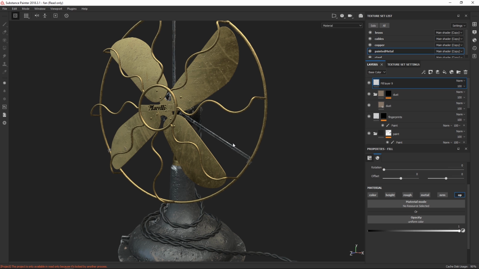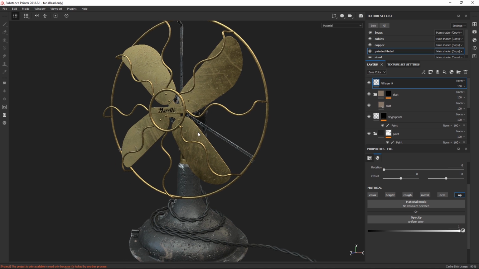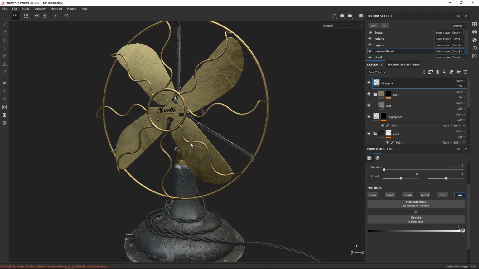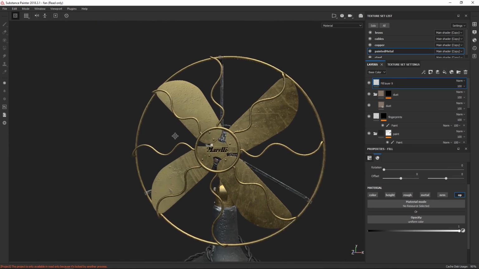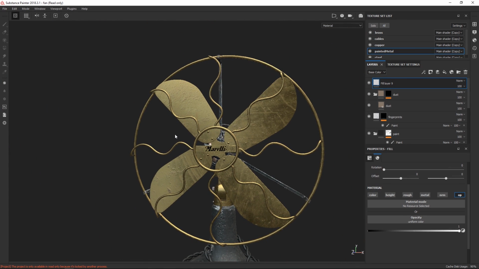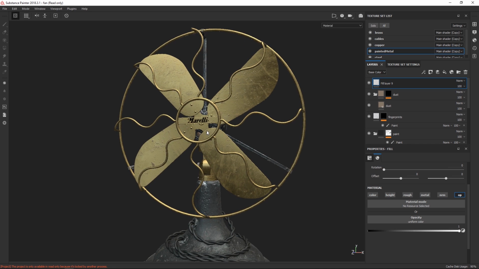Just to sum it up, in general, to create a good looking shader, you only need like a few maps. You need a color map or albedo just to get what color does it have. Then you need a roughness map to determine what does the reflection look like and how intense is it. Then we have some kind of mesh map, some kind of a bump or displacement, vector displacement or normal map to decide, you know, does stuff go in and out? Do you have some decals on it? Then we have metallic, which determines is it a metal or is it not a metal? And usually you can have 4 maps and you can describe pretty much any surface with that.